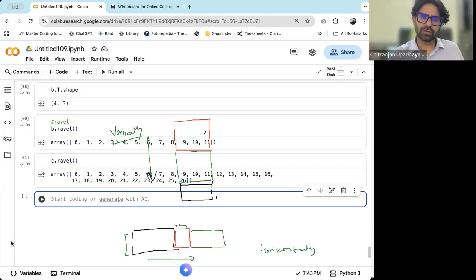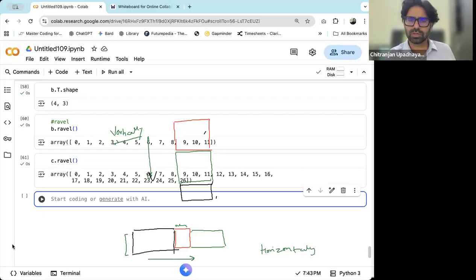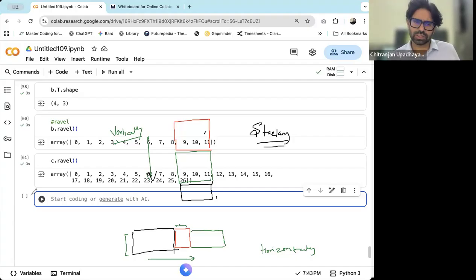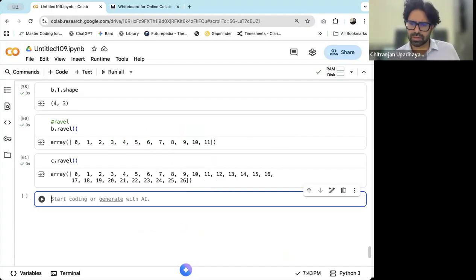So in NumPy, this concept is called stacking. There's a function called stack for the same, vertical stack, horizontal stack. So I believe you got the concept, right? If you want, I can create a table just to show you. But the point here is